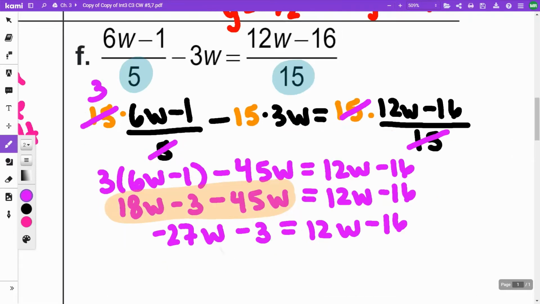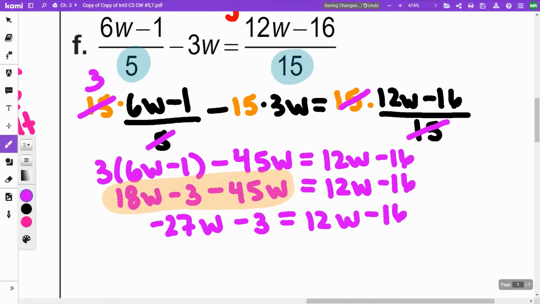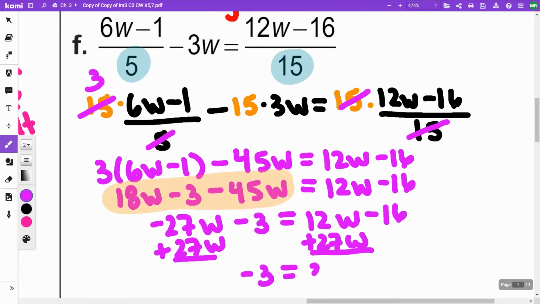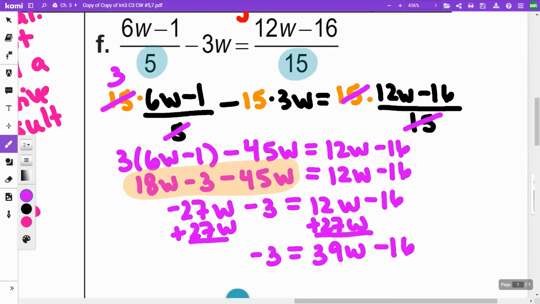At this point, I would add 27w to both sides. And I'm going to get a negative 3 is equal to 39w minus 16. I'm going to add 16 to both sides, which is going to give me a 13 is